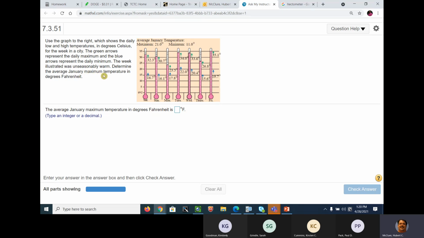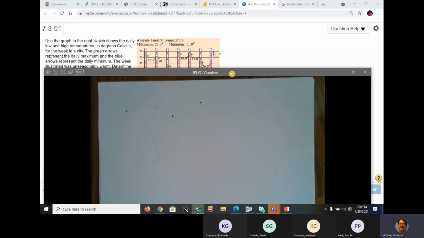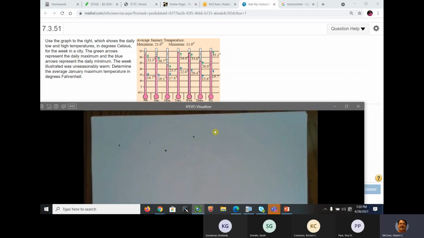Maximum temperature. If I had to guess, the greens are the max, right? Right. So we need to just add up all those, then divide them by how many there are, and then you would turn it into Fahrenheit. So this is what you do. This is not a test question, but it does make you think. Thank God. It does make you think. Some of y'all don't like to do that, but